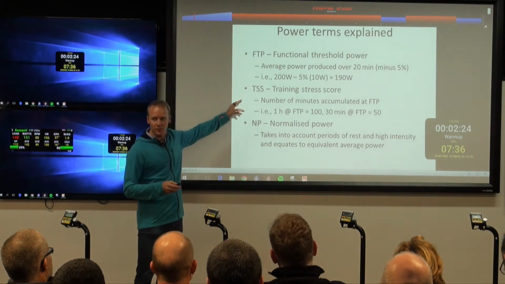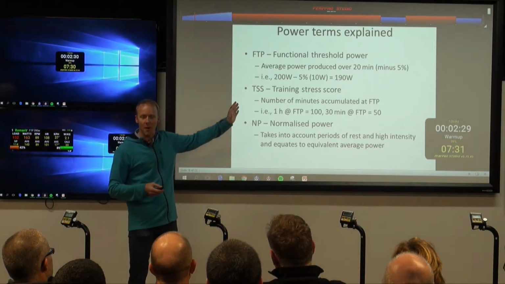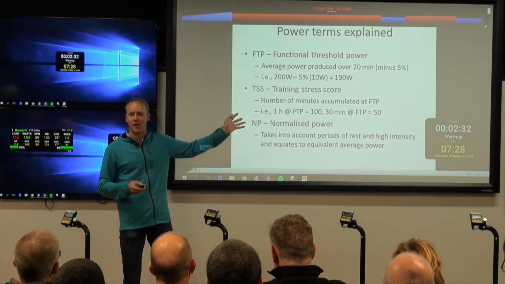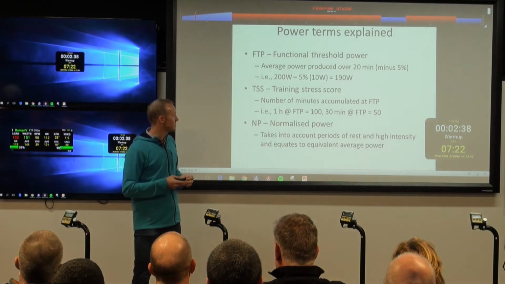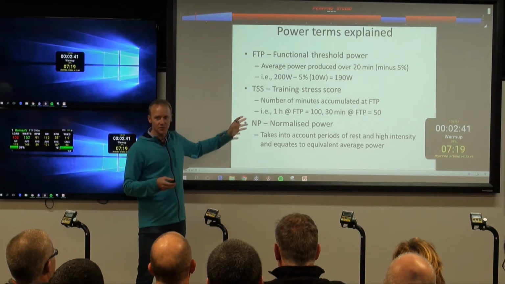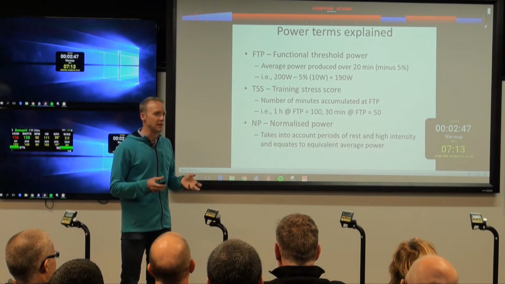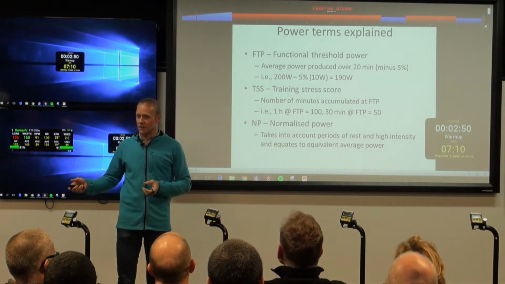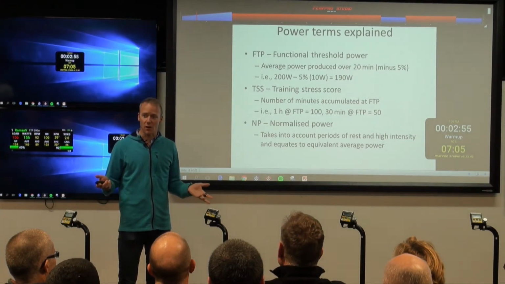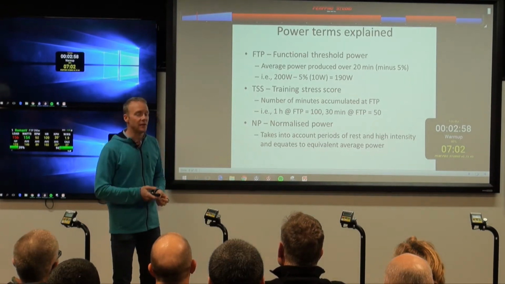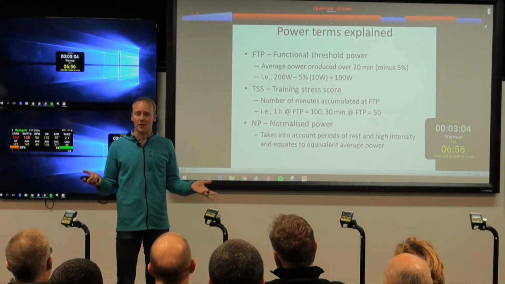The training stress score, we've spoken about this here, and this is really what we spoke about with my number on my session there, 44.5 for a MAF test. So let's try to understand what the training stress score means. Basically, in simple terms, it is the number of minutes that are accumulated at your FTP. So if Roman goes and does a time trial at 390 watts for 1 hour, he will get a score of 100. Right? If he rides at about 200 watts for that hour, he'll get a score of about 50.